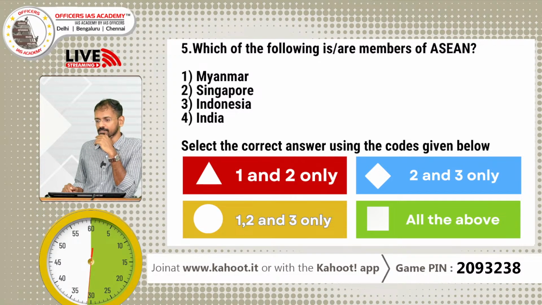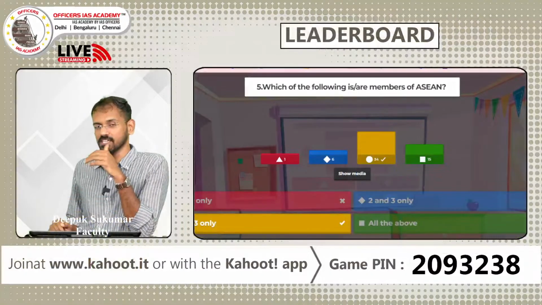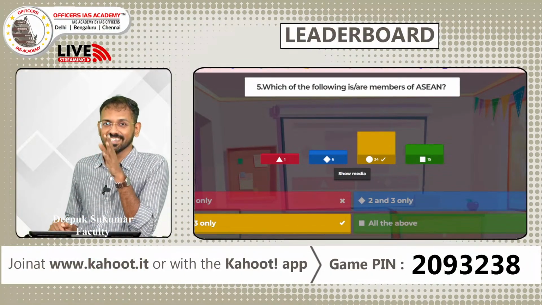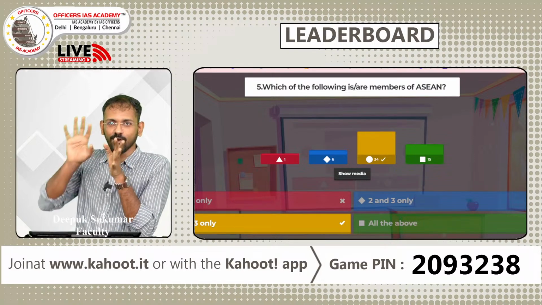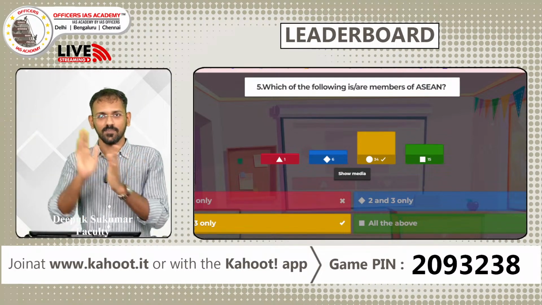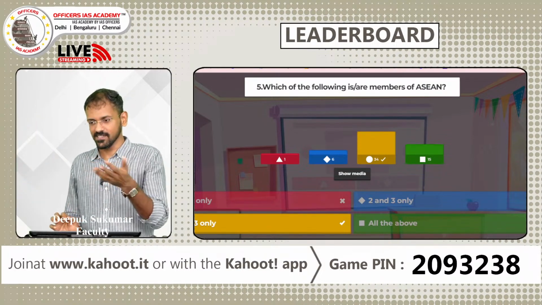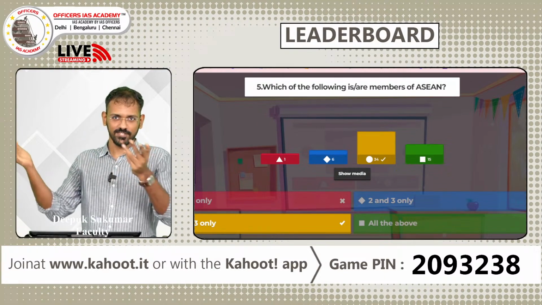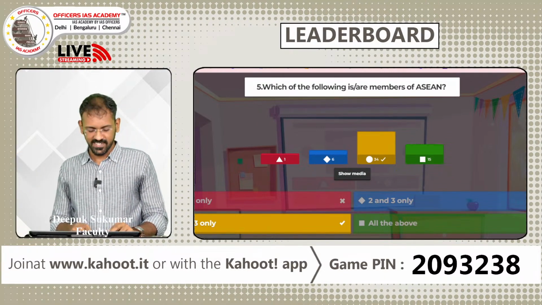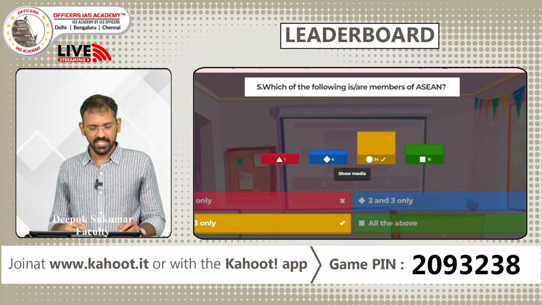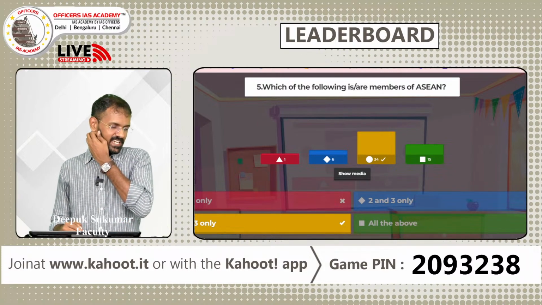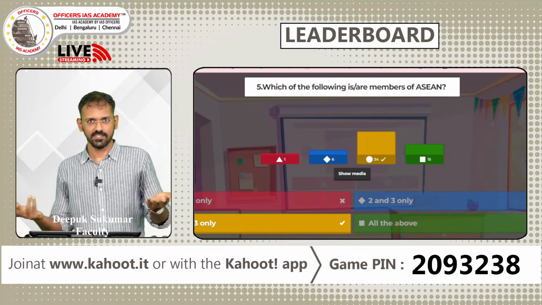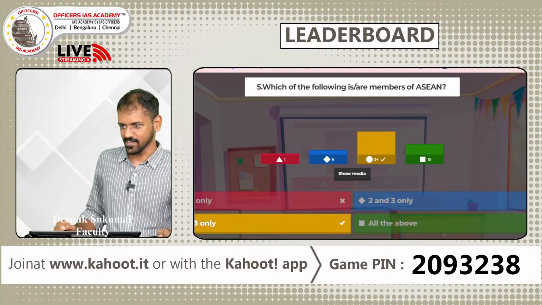Great, again majority have gotten the answer correctly. Look, ASEAN stands for Association of Southeast Asian Nations. Southeast Asia. Now India is not a part of Southeast Asia, so you just remove India from the list. The rest of the countries are from Southeast Asia, and so that's the right answer. Now India has an FTA, a free trade agreement with ASEAN, but India is definitely not a part of ASEAN. Anyway, let's move on.